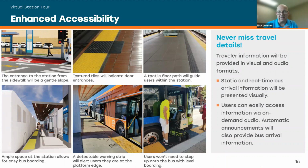We do have ramps on the station model that reflect the slope or grade of any ramp that may be needed at stations. Although I will say that by and large, the stations are able to be designed and built at grade, and we're able to achieve a little bit of a separation from the roadway with some reconstruction work. So where necessary, there will be ramps, a gentle slope leading to the platform itself,